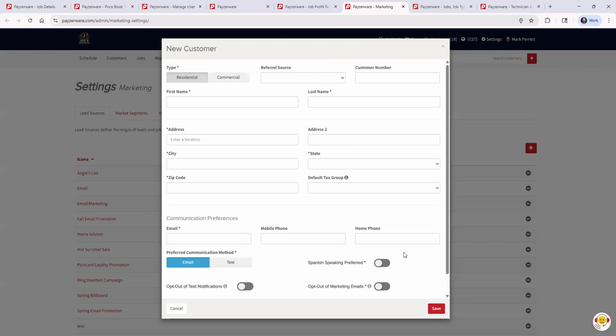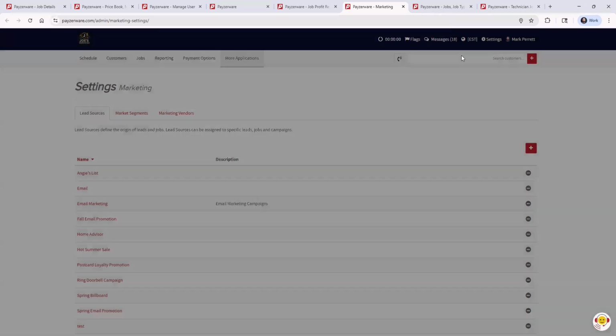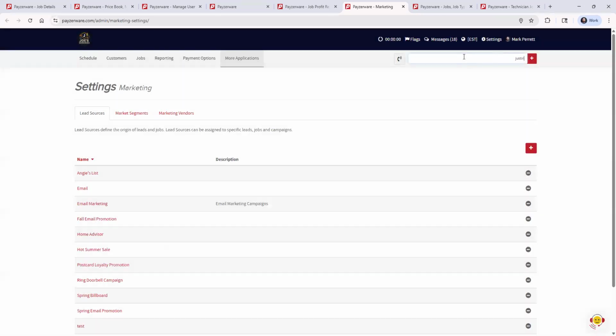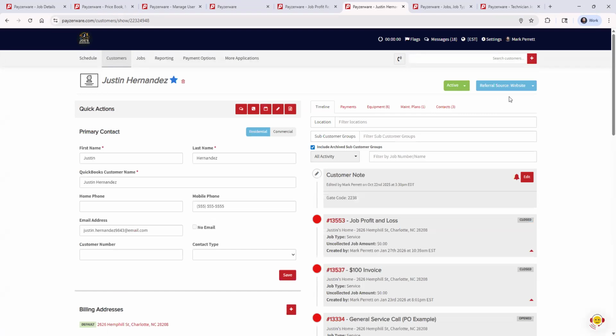You're going to add them, and then on their customer page, we have those here, which these are the referral sources. So the lead source,